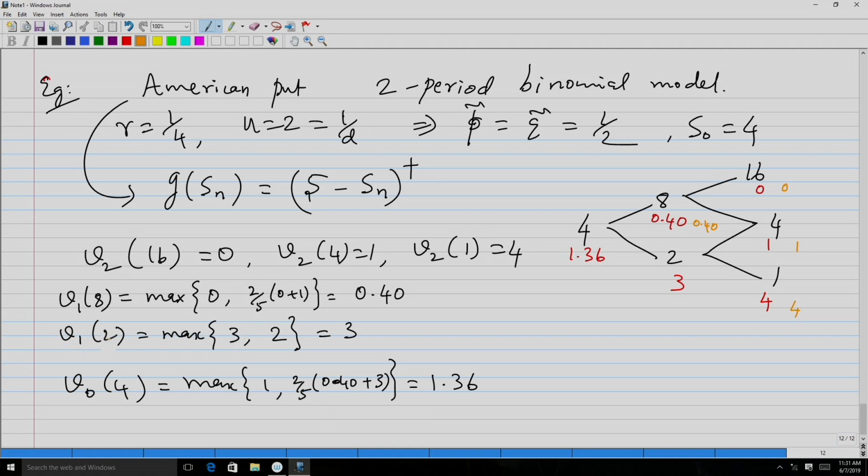But in the case of V 1 at 2, the maximum is attained through the first quantity, which is what we call the intrinsic value, the early exercise option, which gives 3, but if you do not exercise, you get 2, right. So, in this case the corresponding European value is going to be 2, and now once this is changed, of course, this 1.36 is not going to be. So, when you compute V naught, you will compute the second quantity, but now with 3 replaced by 2, and you will end up with 0.96, right.